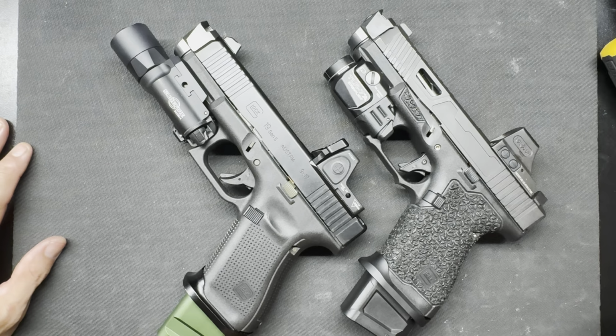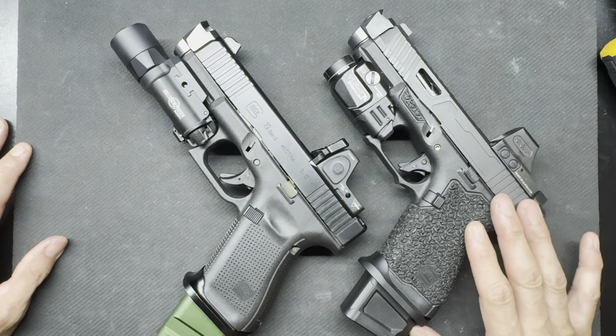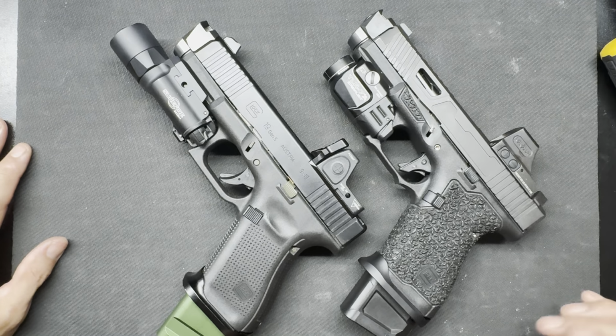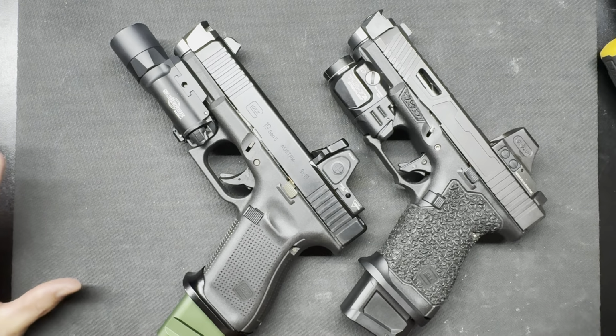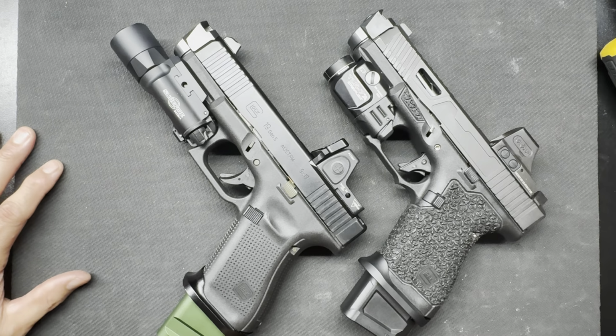I asked them, did they change the design of the Ramjet? If they did, when did they do it? And why did they do it? Because I even stated, I think the way you machined your old barrel and your old comp is superior to the new way that you're doing it. I emailed them Monday because that's when I received the comp. Today is Saturday. So 5 business days I've given them, and they have not emailed me back. Not just we changed the design because it saved money, or we changed the design 2 months ago. I'd take any of that, just something very simple. You don't have to give me a deep description or anything, but at least make an effort to answer